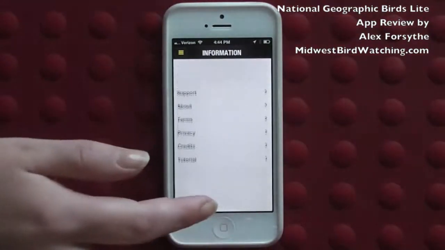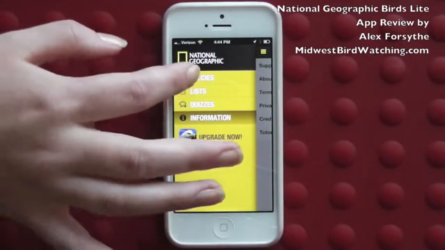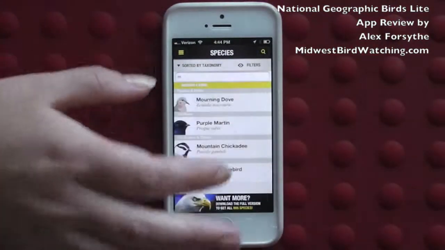There's also a section on general information about this app. Well, anyhow,